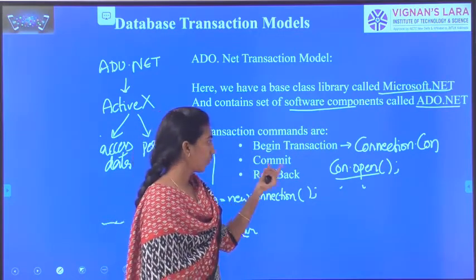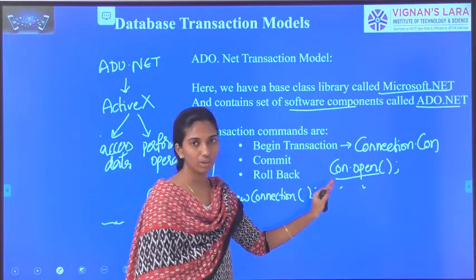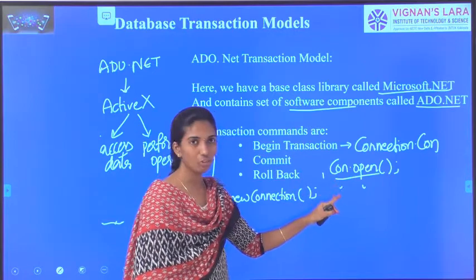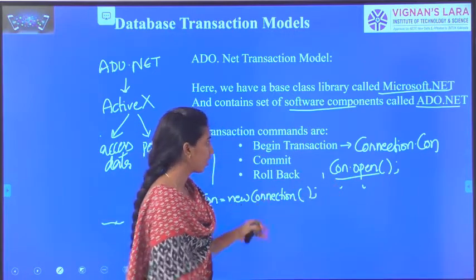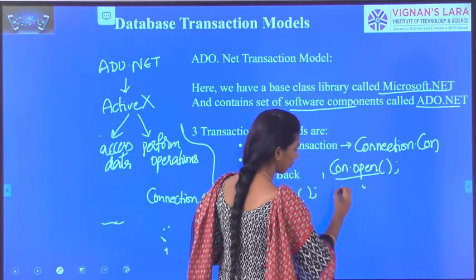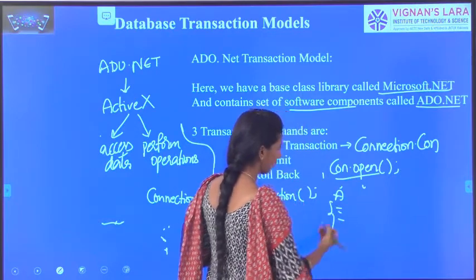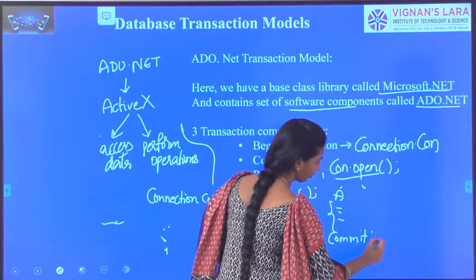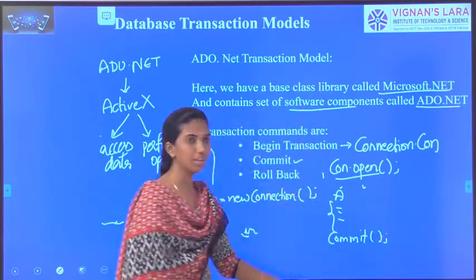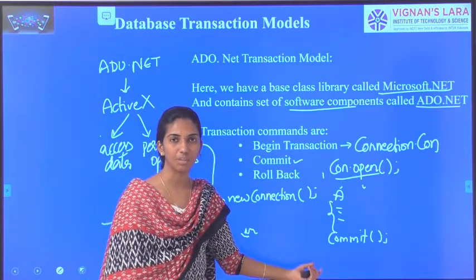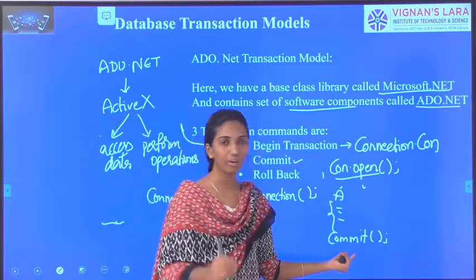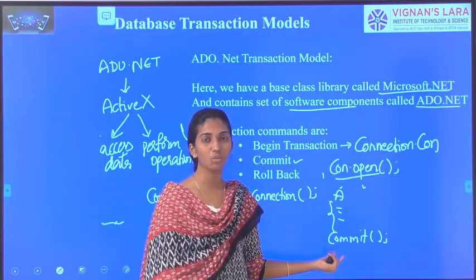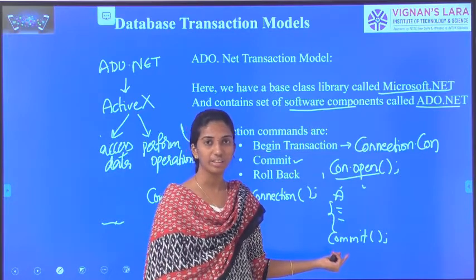In the next step, we have opened the connection and we are going to perform certain operations on the database. And after doing some particular operations, what we need to do is commit. What does this commit specify? Commit means permanent saving of data is called a commit. By using this commit option, whatever the transactions that are done till now will get committed automatically. That means those will get saved automatically in the databases.